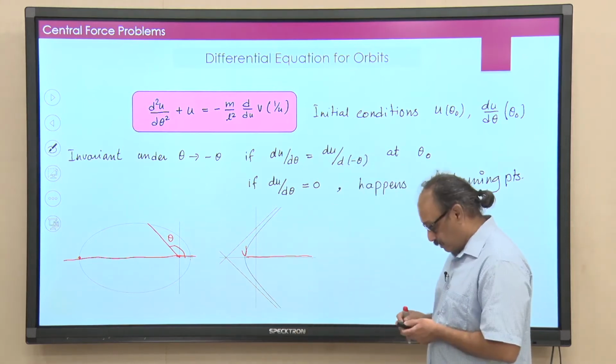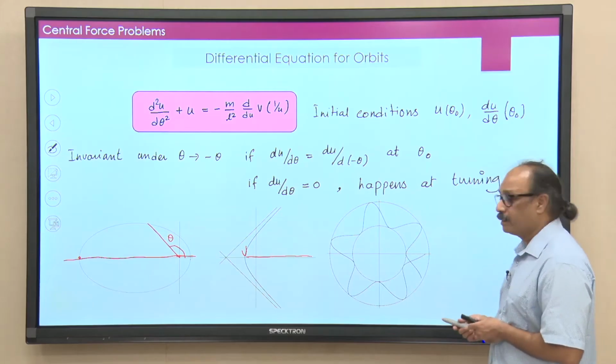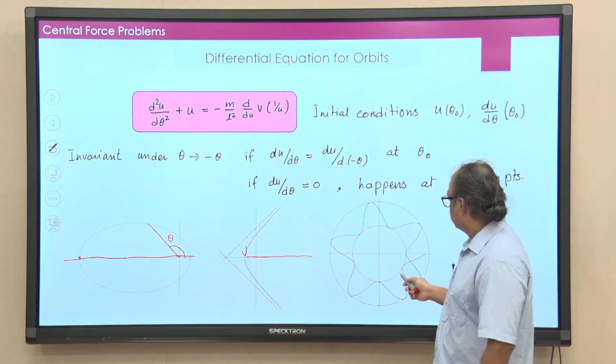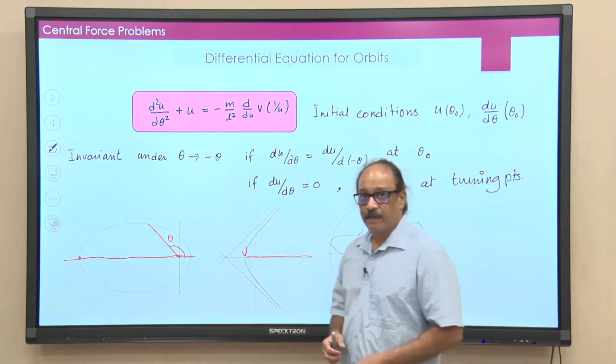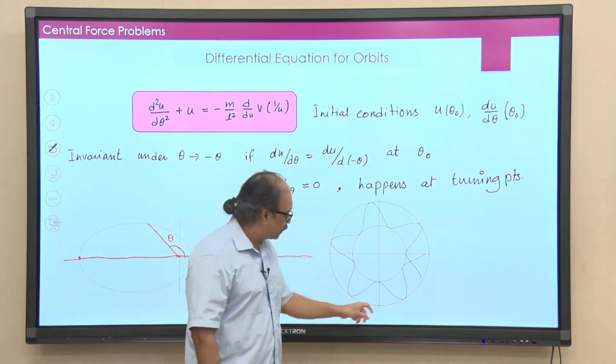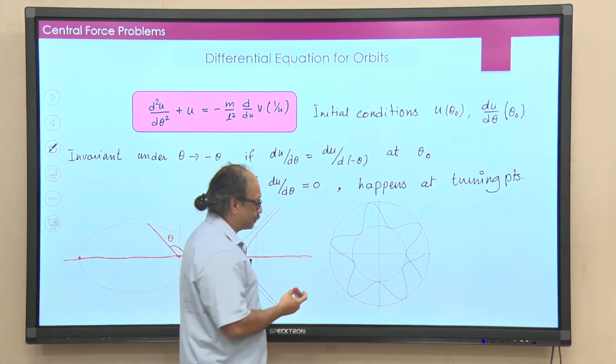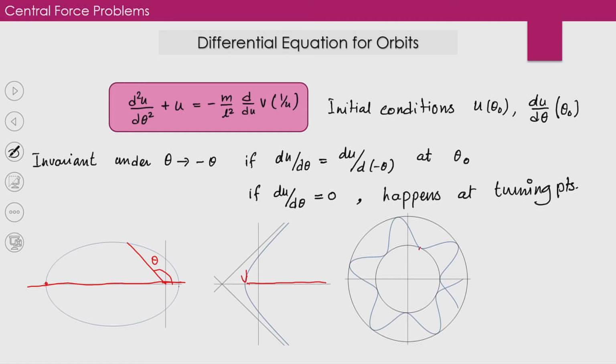Okay. One more example, a more complicated one. Here, as you see, this is a bounded orbit, but it is not closed, or at least from this diagram it does not seem closed. Okay. And look at the turning points. So, if I join the line of turning points, it will pass through like that. Okay. And in fact, for each turning point there you can draw a line like this.